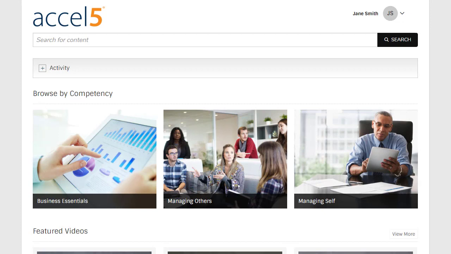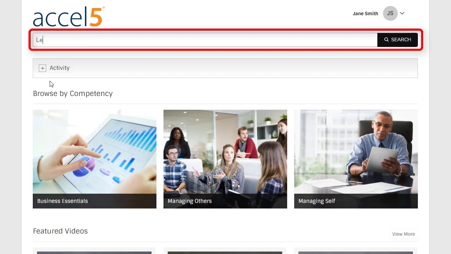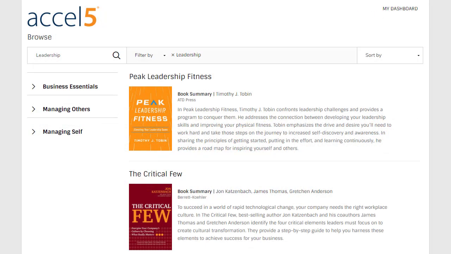Accel5 also allows you to search for content related to your subject of interest. Results may include book summaries, videos, and articles. To search Accel5, enter your search terms in the search box and click the Search button. From the displayed results, you can launch a new search by entering a term in the search box and clicking